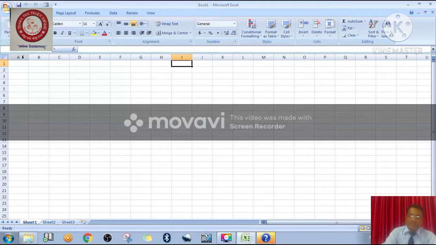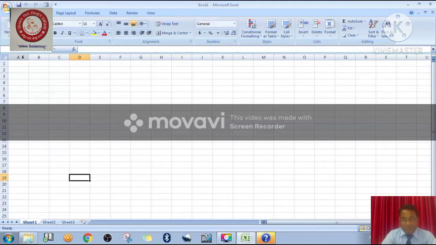If you press the enter button, see, I have pressed enter, I can come to the downward cell. And you can also use any arrow key to navigate the cells here, right? My point is that for navigation you can use three things.